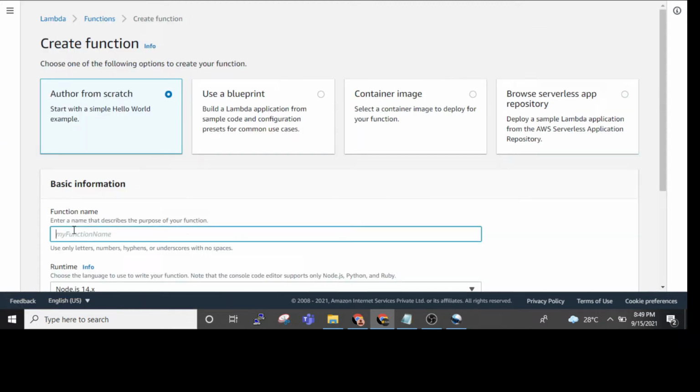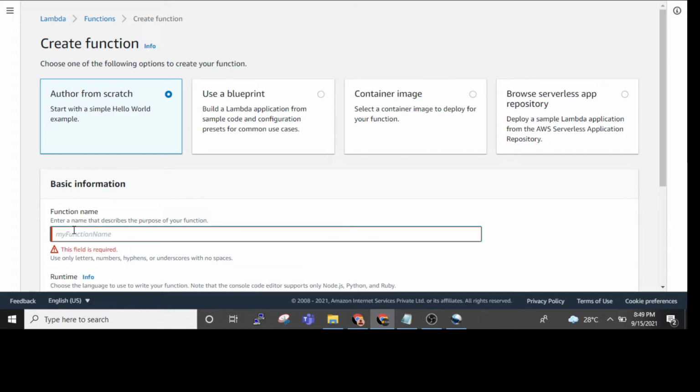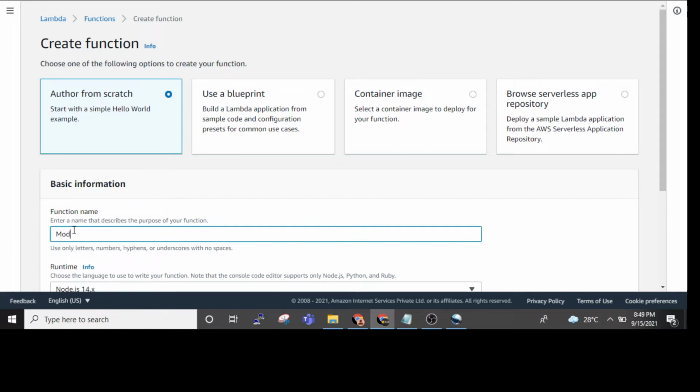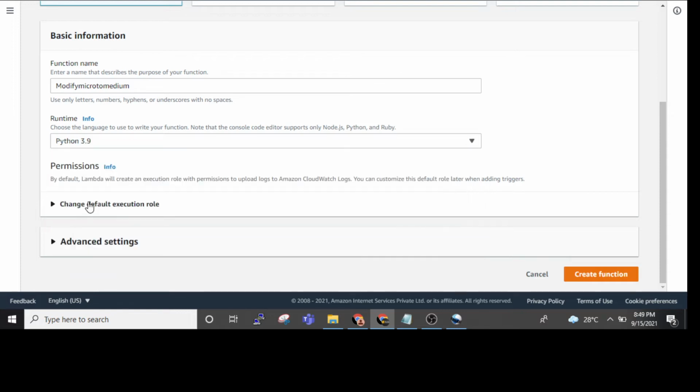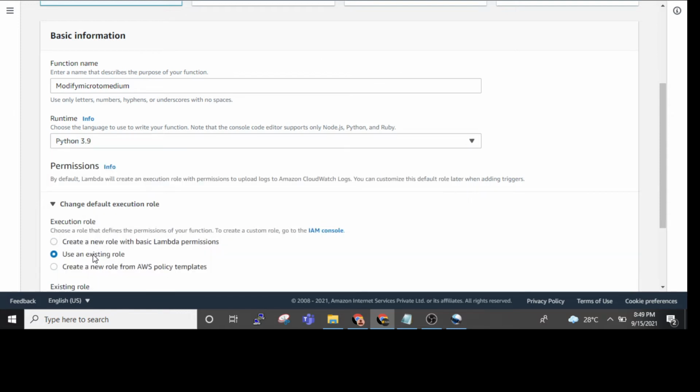So first function modify T2 micro to medium. Okay, modify micro to medium. So we need to select here the runtime as Python 3.9, that is the latest, and choose an existing role.